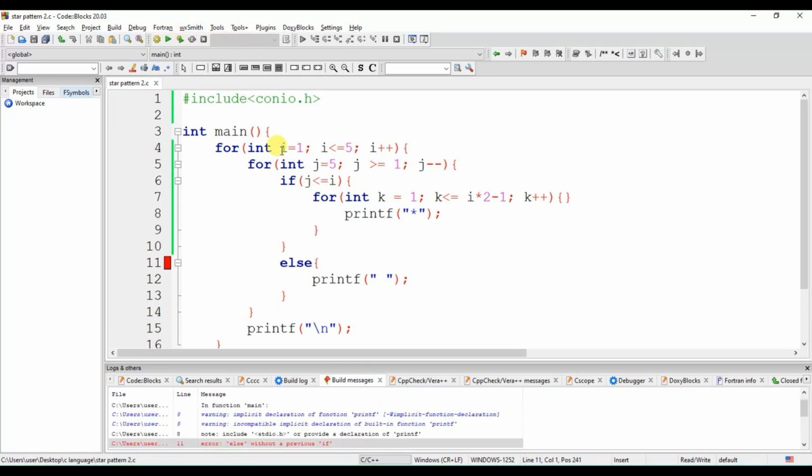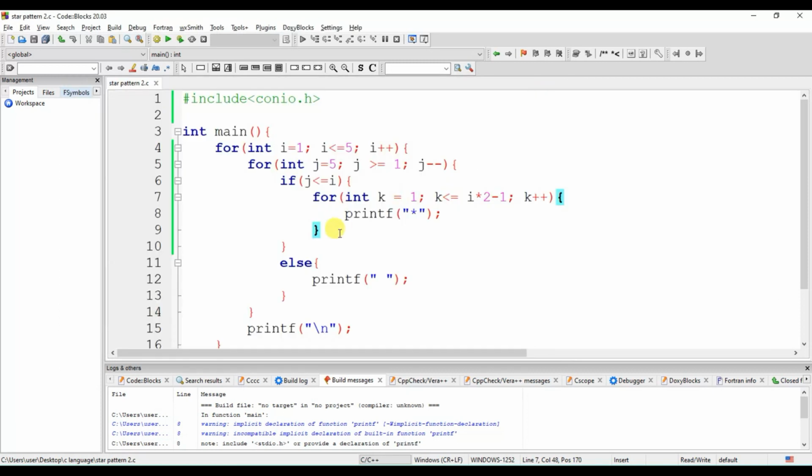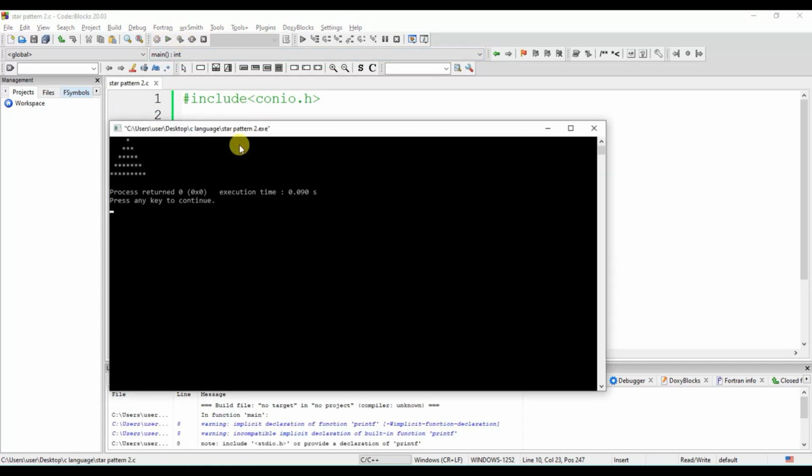Let's see what happens. Okay, we have some issue. Save it and run it now. So we are printing double, I think. So we need to create a break statement here, so that this is how we can achieve our pattern of pyramid.